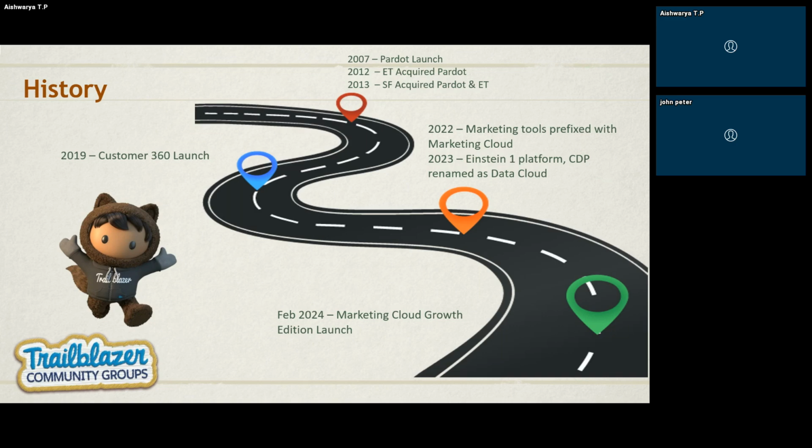Why was there a confusion? Because I told you that SMB is part of B2B, right? So Pardot, or Marketing Cloud Account Engagement, was working for B2B customers or B2B business. Right now, there is a new product which is going to work for SMB customers. So that is where the confusion arose, and Marketing Cloud Growth Edition was launched, which created a lot of confusion